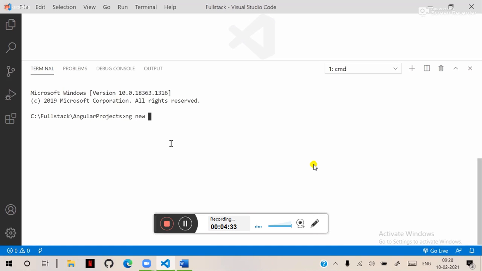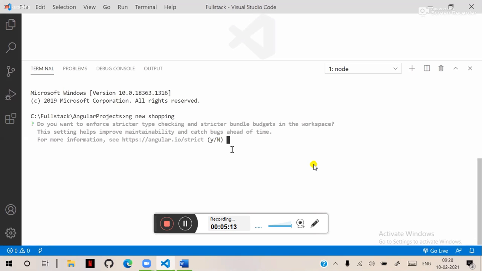With ng new, we have to define an application name, that means the project name. Suppose shopping is our project name. So ng new and the project name, shopping. And when I hit enter,